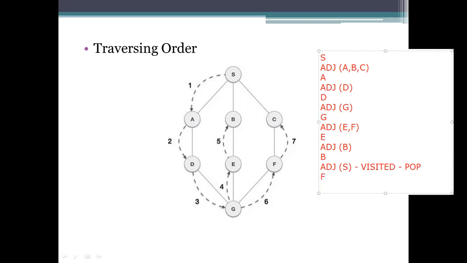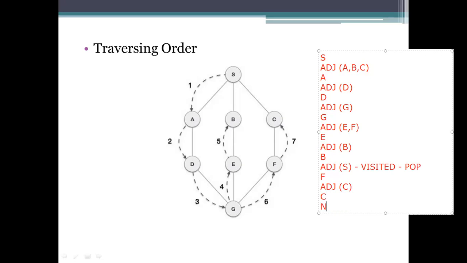So here, F's adjacent node is C. Okay. And we need to traverse from F to C. No adjacent nodes are there.